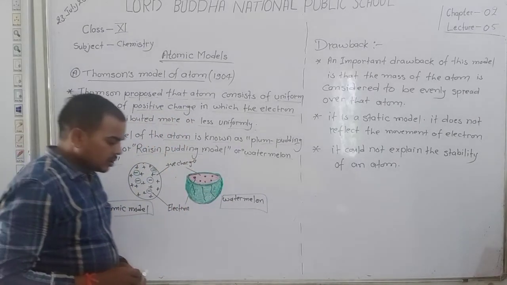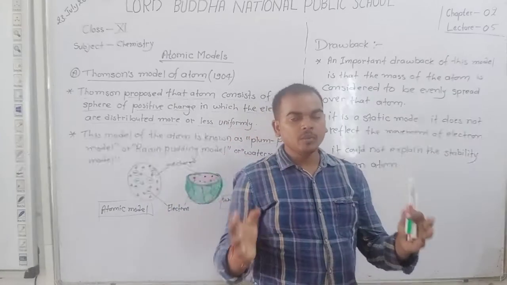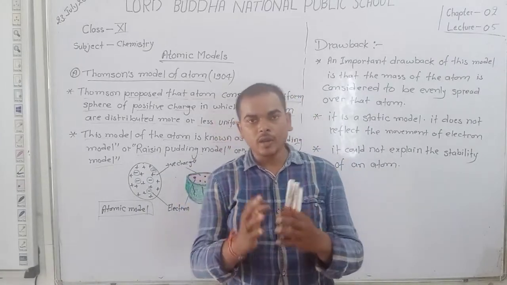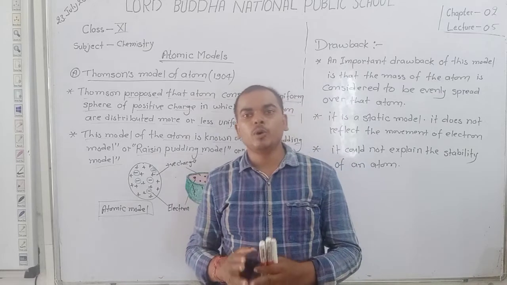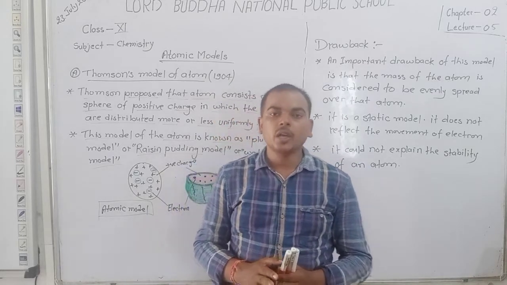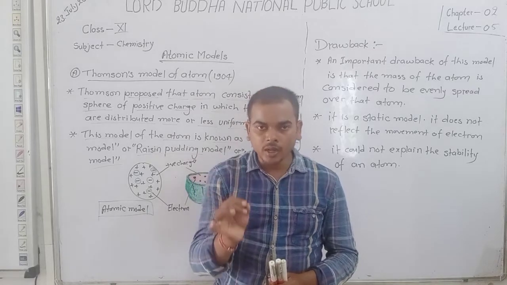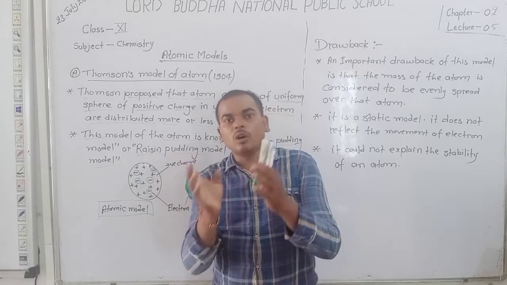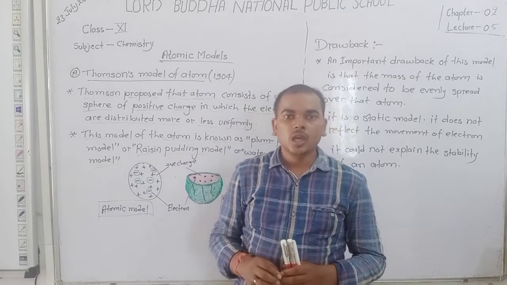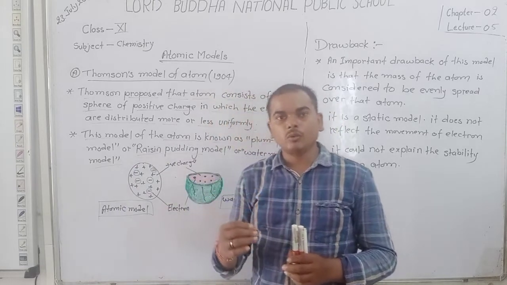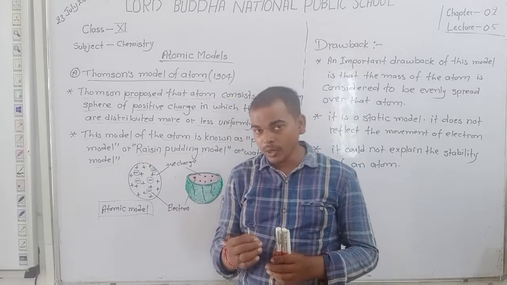Again, according to Thomson, the atom is like a sphere in which positive charge is uniformly distributed and electrons are distributed more or less uniformly. And this model is known as the watermelon model, because